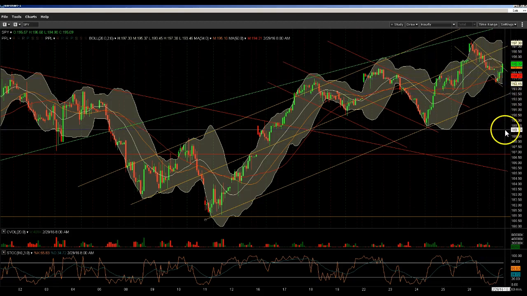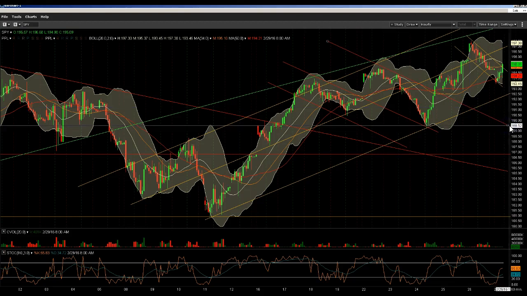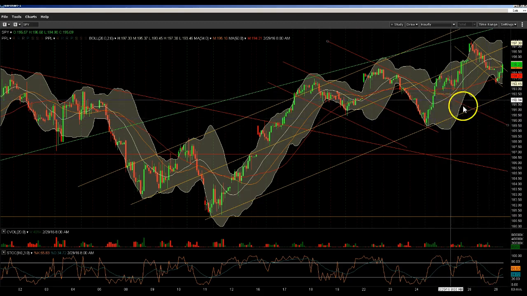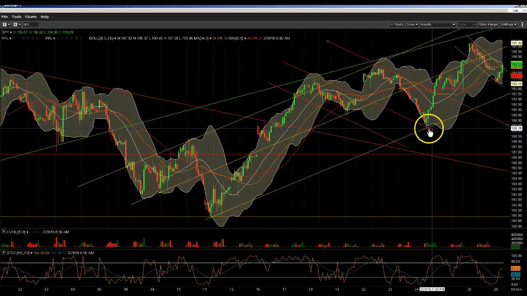And at that point, the probability of coming down and testing the lower levels, which can easily be identified by looking at a retest of the downtrend line breakout right here, is 189.62,